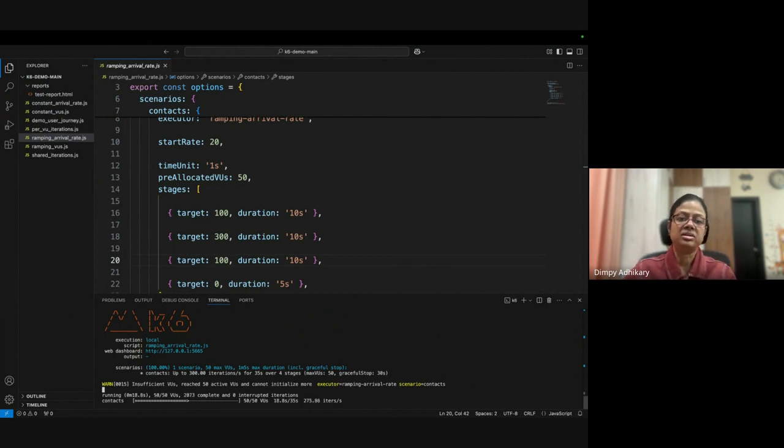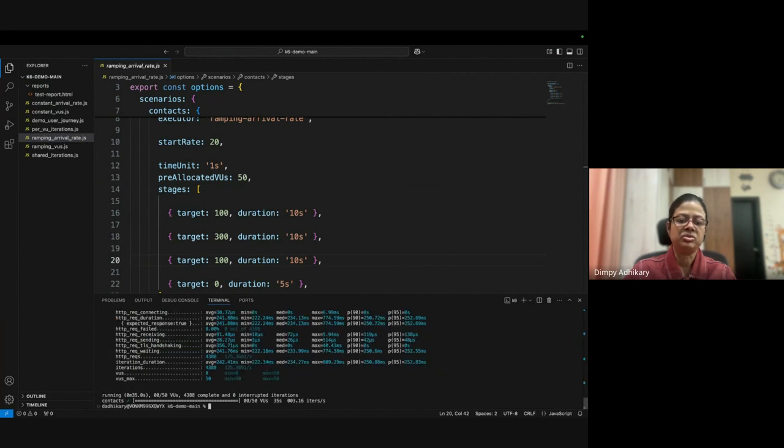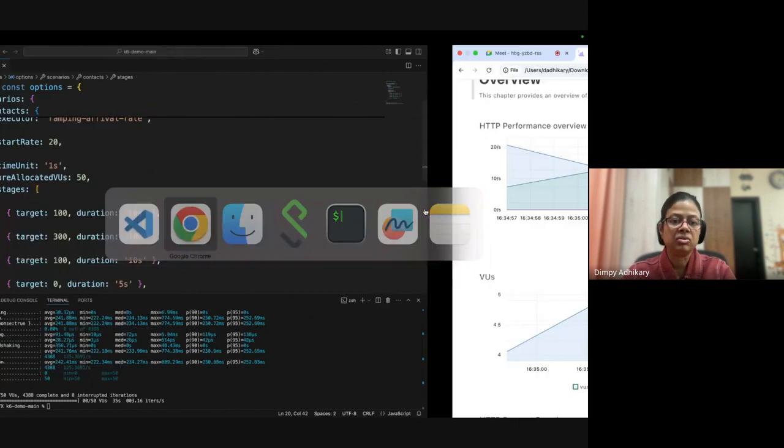Again, we are getting some warnings like, it reached 50 active virtual users and it is not able to initiate more. Let's see how many it got executed this time. You can see it's much higher than the previous one. And if I go to the report,